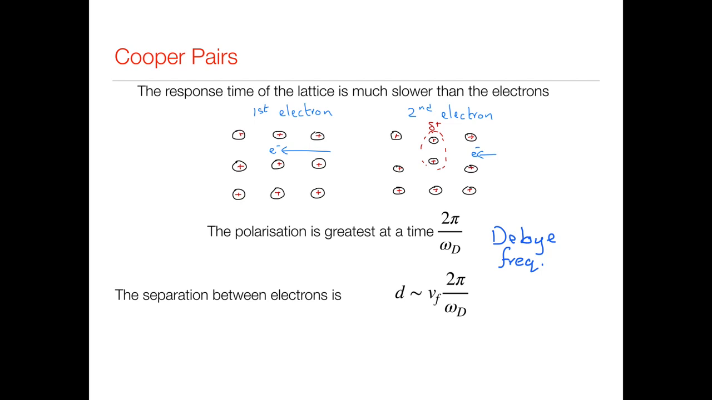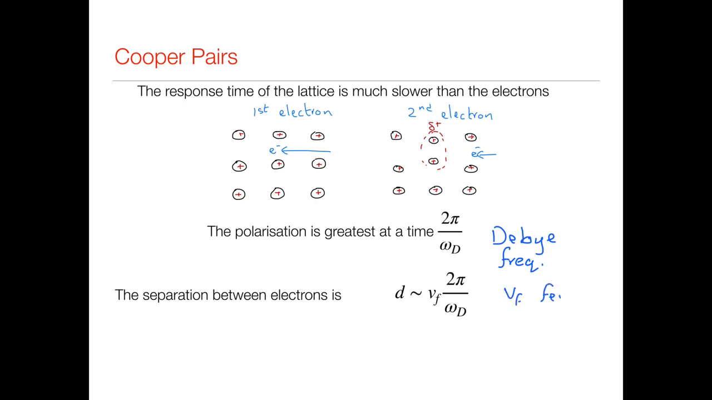Okay, so at 2 pi over omega d, that's the time when the polarization is greatest. So if we assume that that's the time at which the second electron feels its greatest attraction, that will allow us to work out the distance between the first electron and the second electron. Because the separation between the electrons would just be this polarization time times the speed at which the electrons travel. So vF